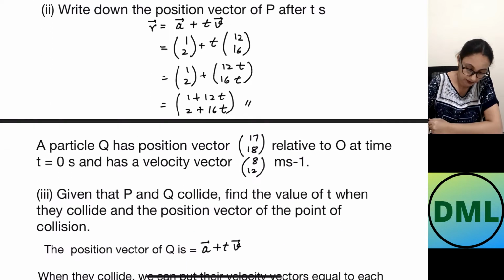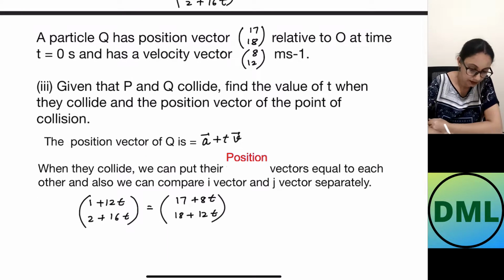Now, a particle Q has position vector (17, 18) relative to O at time t equals 0 seconds and has a velocity vector (8, 12) meters per second. Given that P and Q collide, find the value of t when they collide and the position vector of the point of the collision. So the position vector of Q after t seconds will be given by